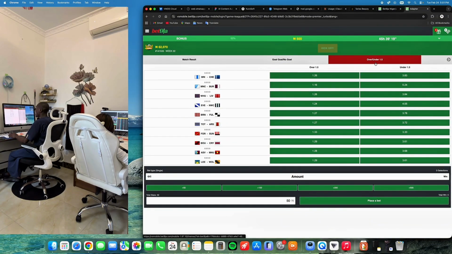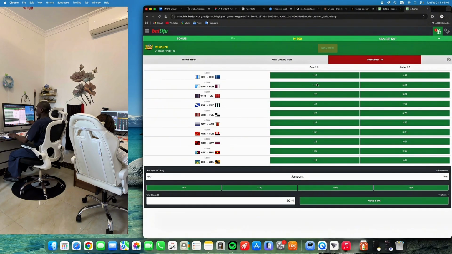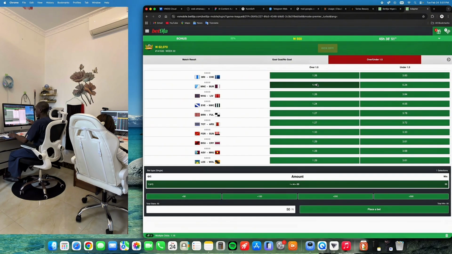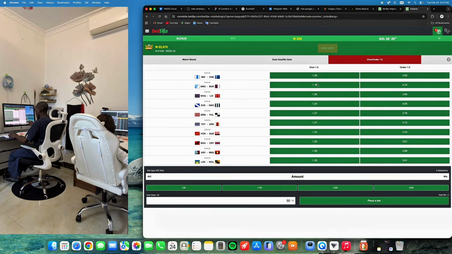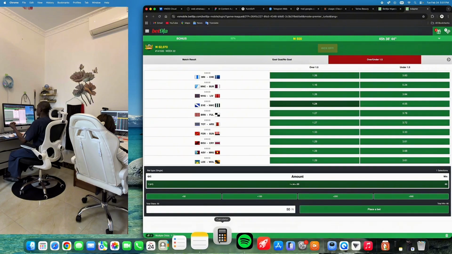Now, for us to recover this money from this odd, let's say the odd is, we'll just randomly pick 1.2 odd. Let the odd be at the range of 1.2. Okay, so all the odds here are above 1.2. So we are just going to pick the one that is nearest to 1.2, which is this. Okay, this one is below. We don't need something below, so we'll take this one. So here is what we are going to do. Now, where is the calculator?